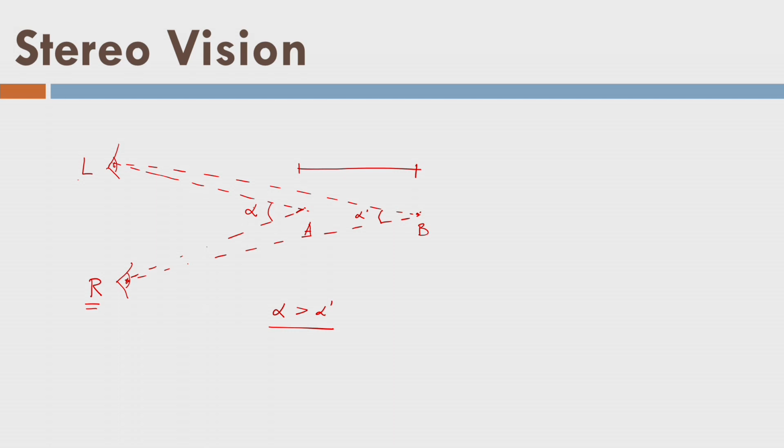Even if I have two eyes, they are incapable of doing the parallax creation. That means I will not be able to see the depth of a point, or compare two points which are different in depth. So that is called depth perception using stereo vision, and we are going to replicate the same phenomenon in our photogrammetry, and that is why we call it stereo photogrammetry. Well, let us go ahead.